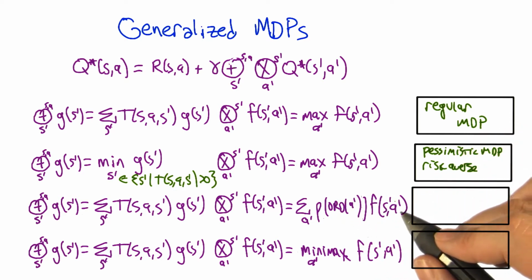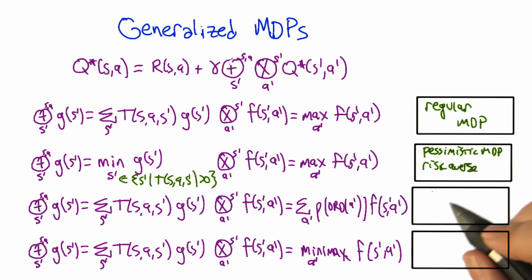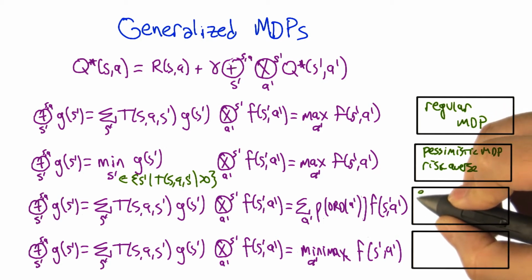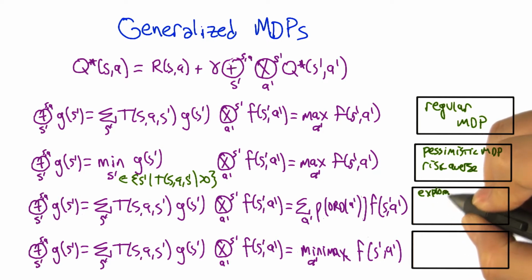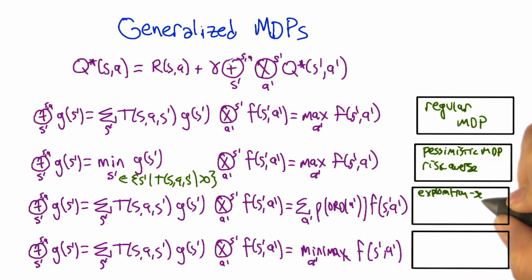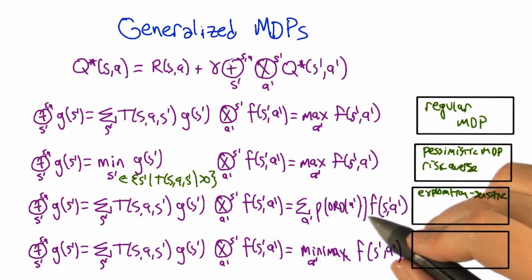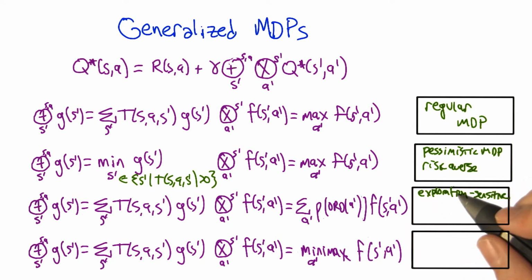Right. And so actually that would be nice because one of the things about the way we go around learning MDPs and do Q learning and value iteration is we kind of assume we're always going to do the next best thing. But since we still have to do exploration as well as exploitation, that isn't actually what we do. So this would allow us to do exploration. Well, it's not that it's allowing us to do exploration, it's actually defining the values so they incorporate exploration into them. So one way of thinking about what this is, is an exploration sensitive MDP.